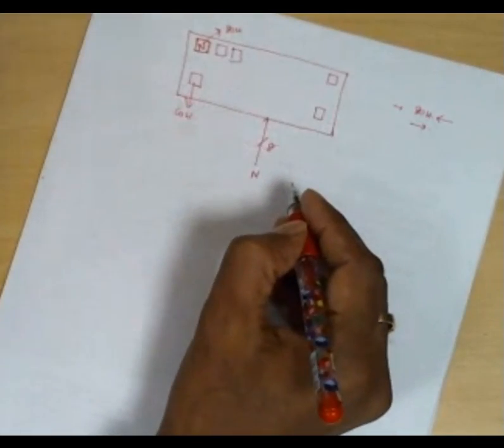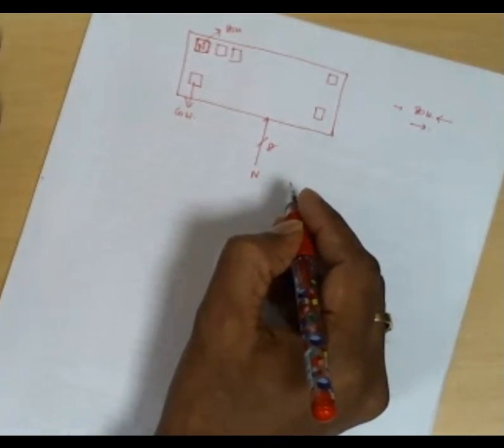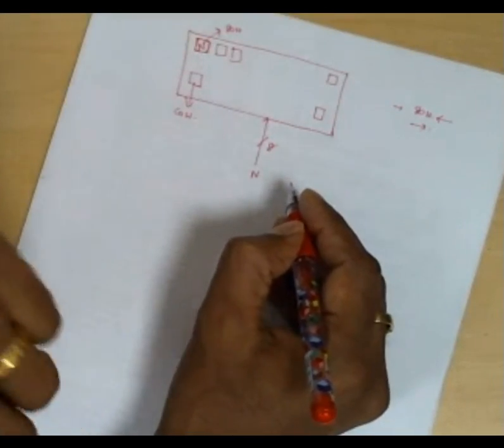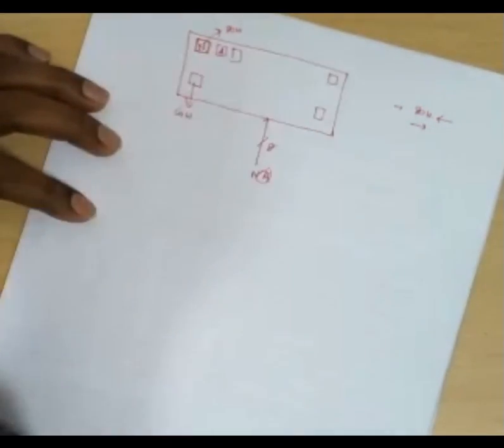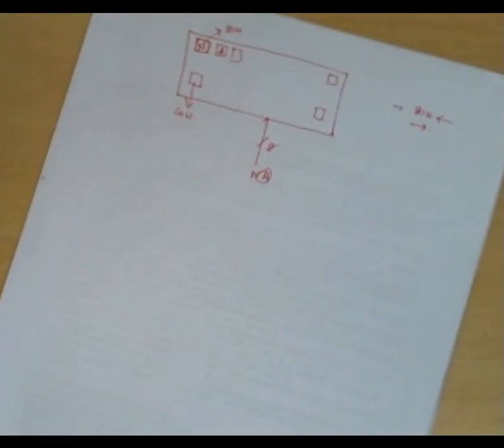Then when another character is there, one falling edge will come, then a rising edge, and another falling edge will come. If that is A, then automatically this A will be displayed here, because we prepared the LCD in such a way that there is a right shift, increment cursor, and the starting address is 80H. You understand now? So you don't need to separately choose the address. You need to give only the starting address and then the increment. That much is enough.